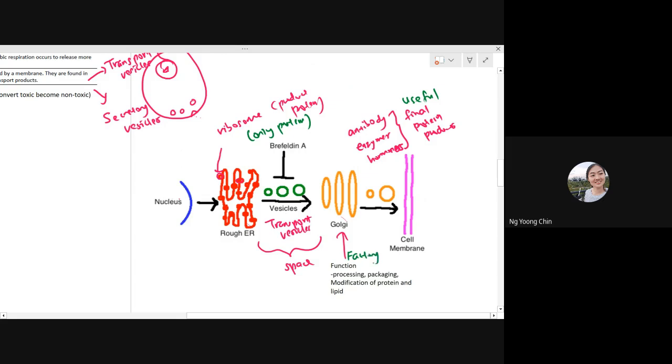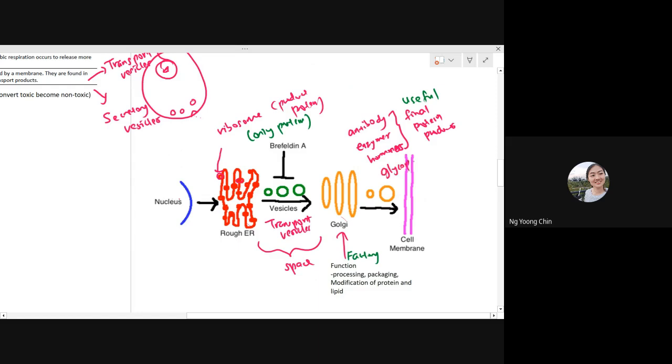But in the exam, you cannot write factory. Factory is just for your concept to know only. You should write the proper term, which is process, packaging, modification of protein and lipid. Okay. So another one, you can write that. So apart from this protein product, you also have, maybe you can write as